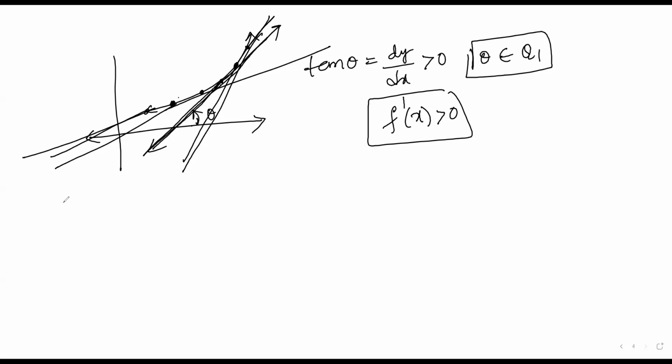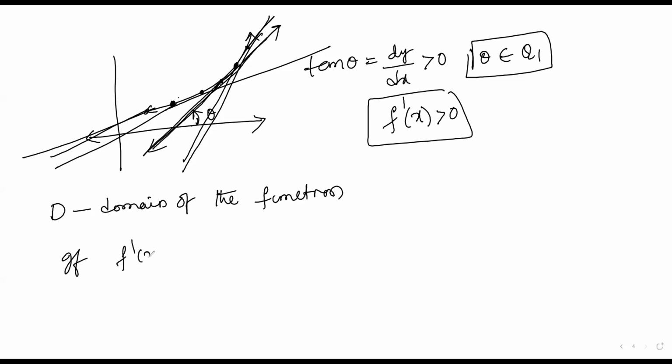So domain of the function, you can say D is the domain of the function. Let's say this is the domain. Now, if at all f dash of x is greater than 0 for all x belongs to D, simple, I'm saying. Then